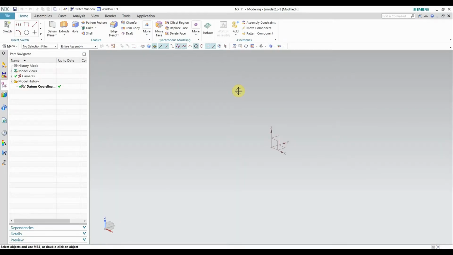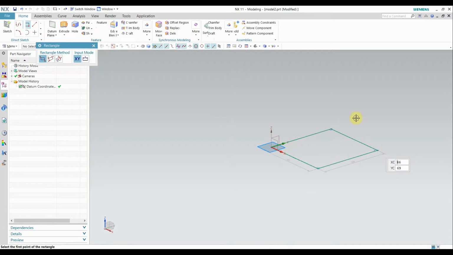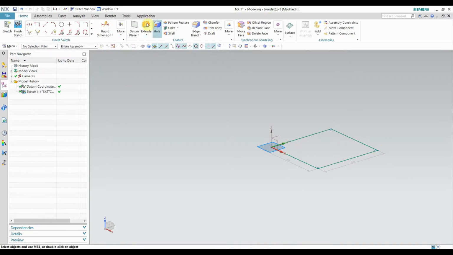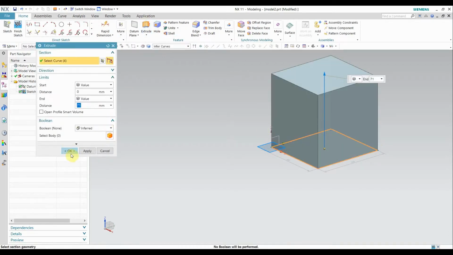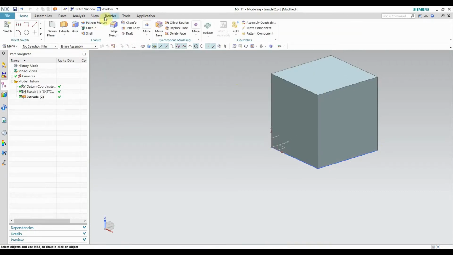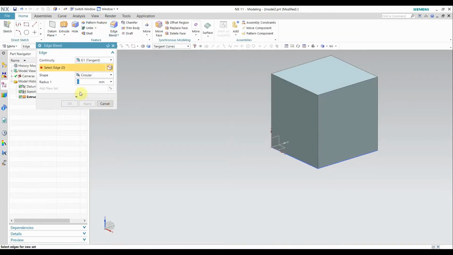Hello, welcome to Cat with Sahil Sharma, and this is the part 2 video of HBlend. We will see the remaining commands of HBlend. So let's start with the model. Here I will draw a cube or cuboid to show the remaining commands, and for that I will select any edge